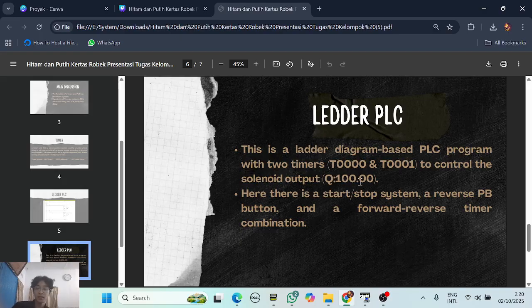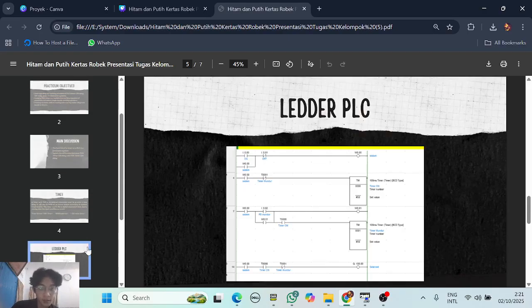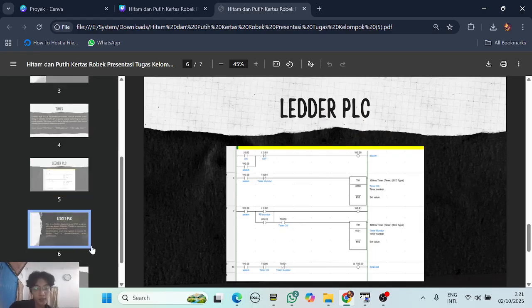This is the address of the output. Okay. Here there is a start and stop system, a reverse PB button, and a forward reverse timer combination. Okay.